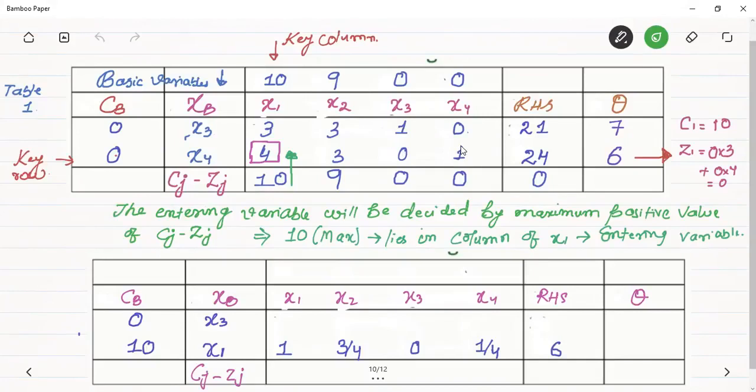ठीक है, this will automatically come in the first iteration. हर कोई टेबल इसी आइडेंटिटी मैट्रिक्स से स्टार्ट होगा, बिकॉज बेसिक वेरिएबल्स के कोएफिशिएंट्स 1 और 0 होते हैं, ओके, दिस स्लैक वेरिएबल्स के।